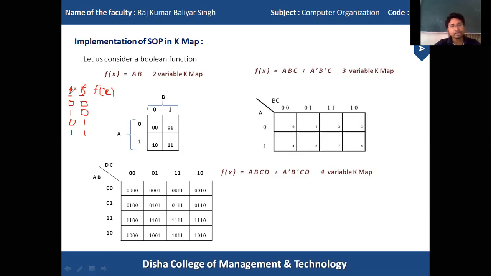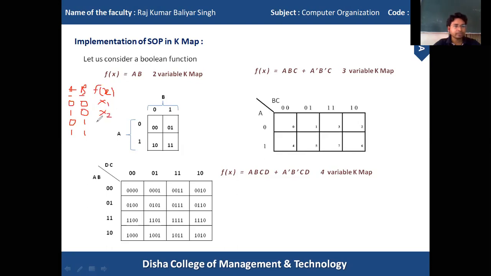As I discussed in the last few classes, if I have two variables in my equation, then there are 4 possible combinations. So when I supply 0 0, I will get some output, say x1. For the second combination, I will get some value x2.